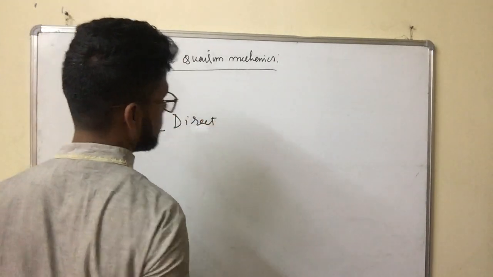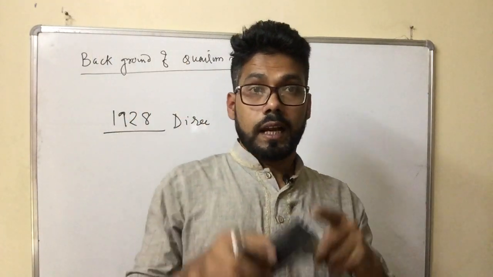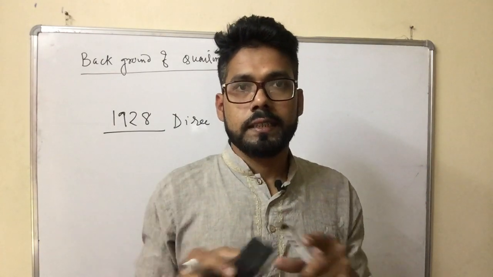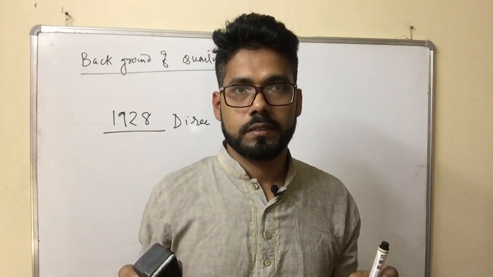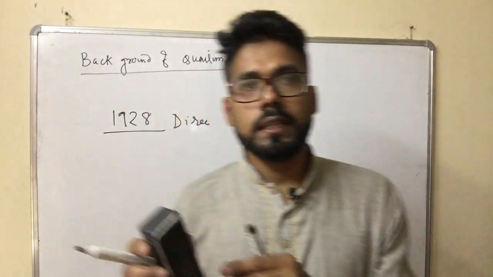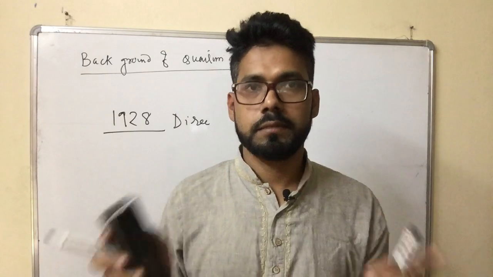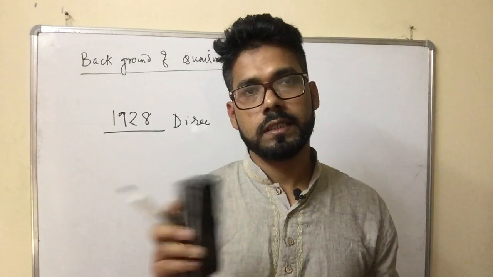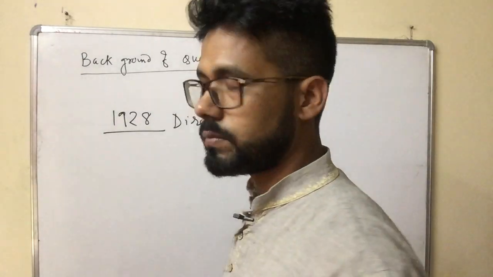Dirac. And one thing I would like to share: after the development of matrix mechanics and wave mechanics, Dirac generalized this theory in the Dirac bracket notation. Okay, Dirac bracket notation, Dirac theory of quantum mechanics. So Dirac combined matrix mechanics and wave mechanics in the Dirac format. Dirac gave the general formalism of quantum mechanics, in which any function is represented in terms of bra and ket and eigenvalue, which we will discuss in the next chapter.